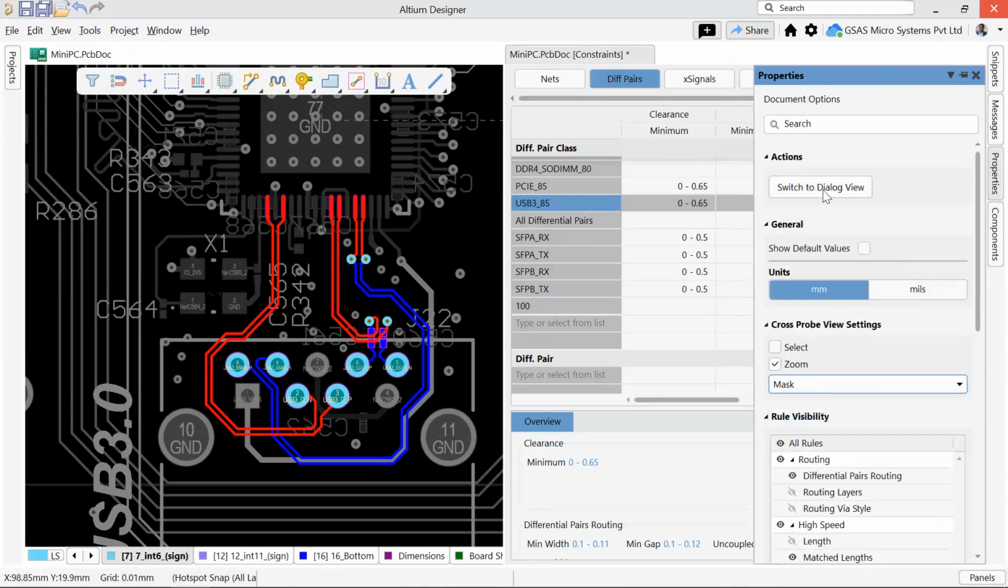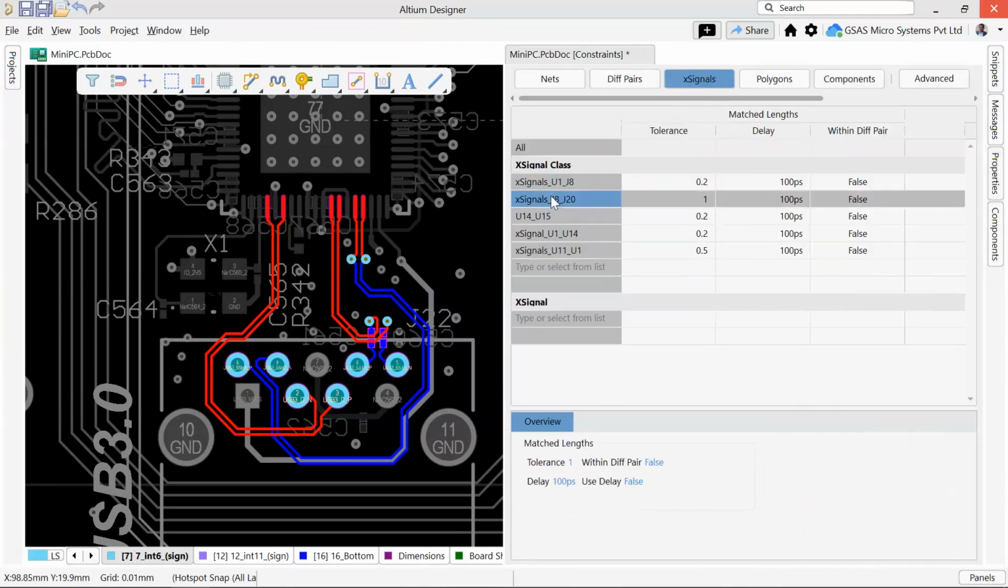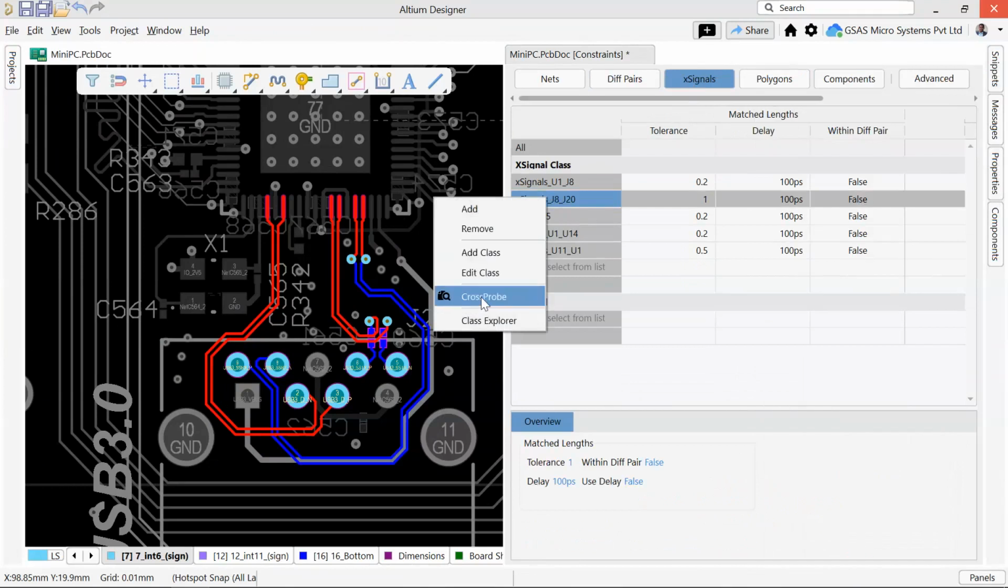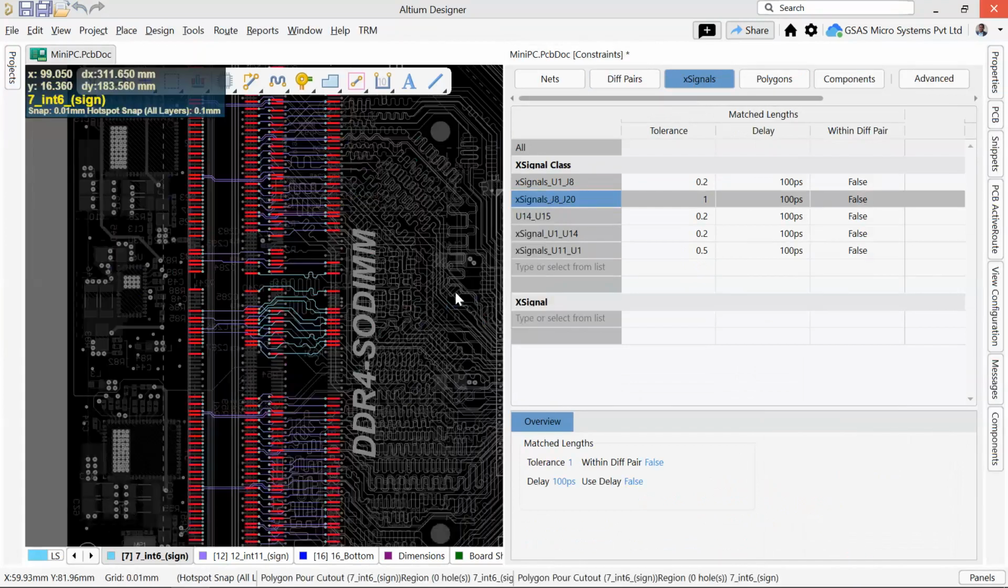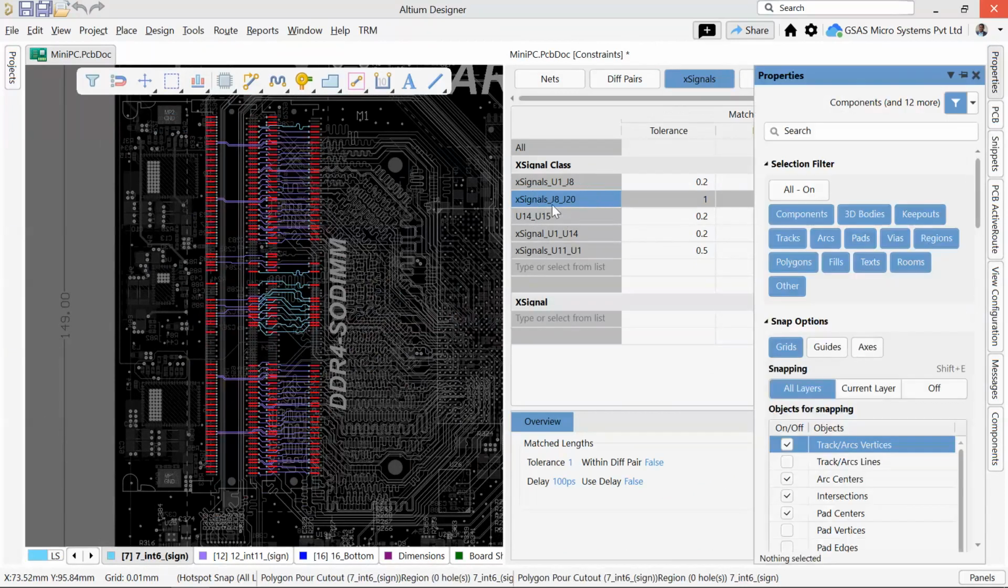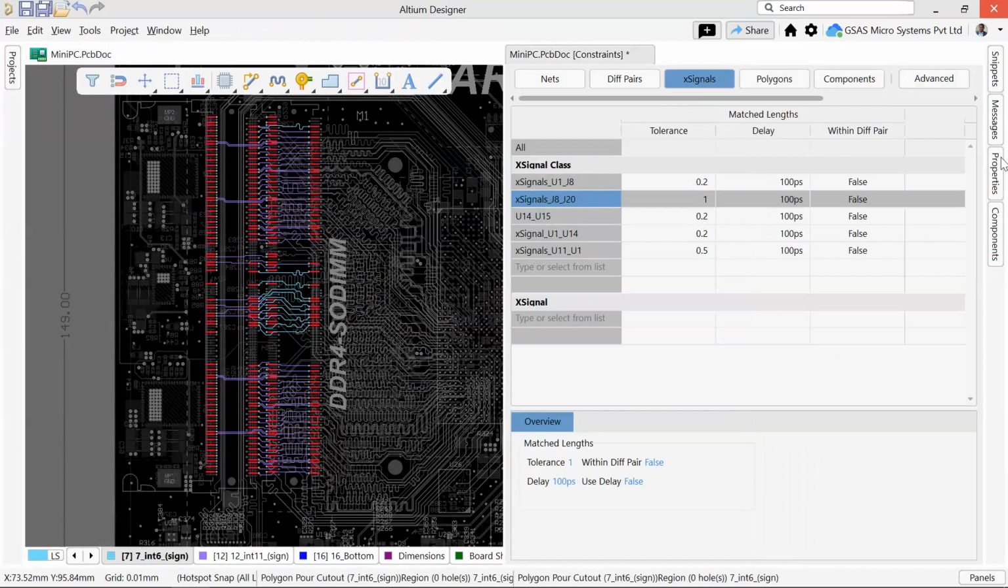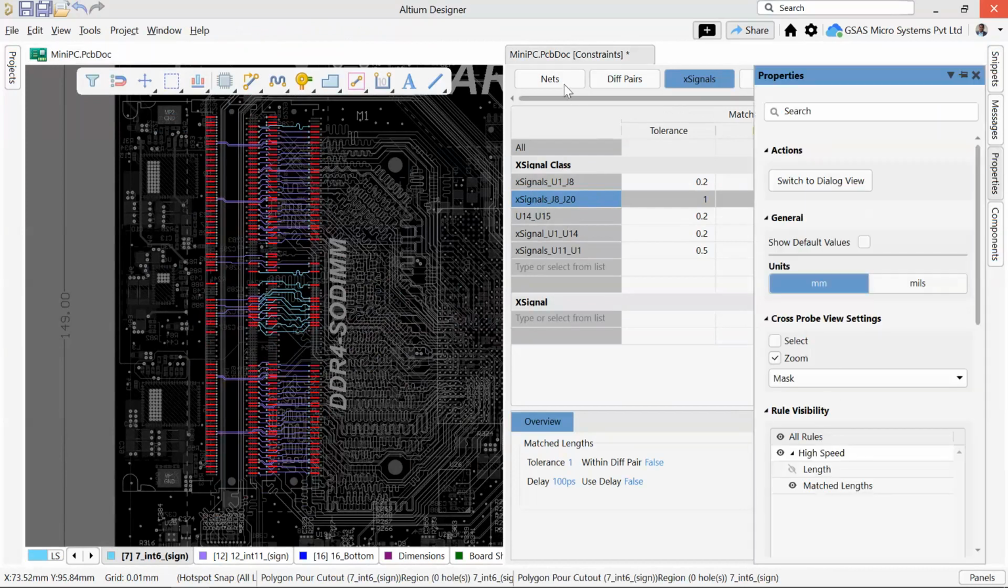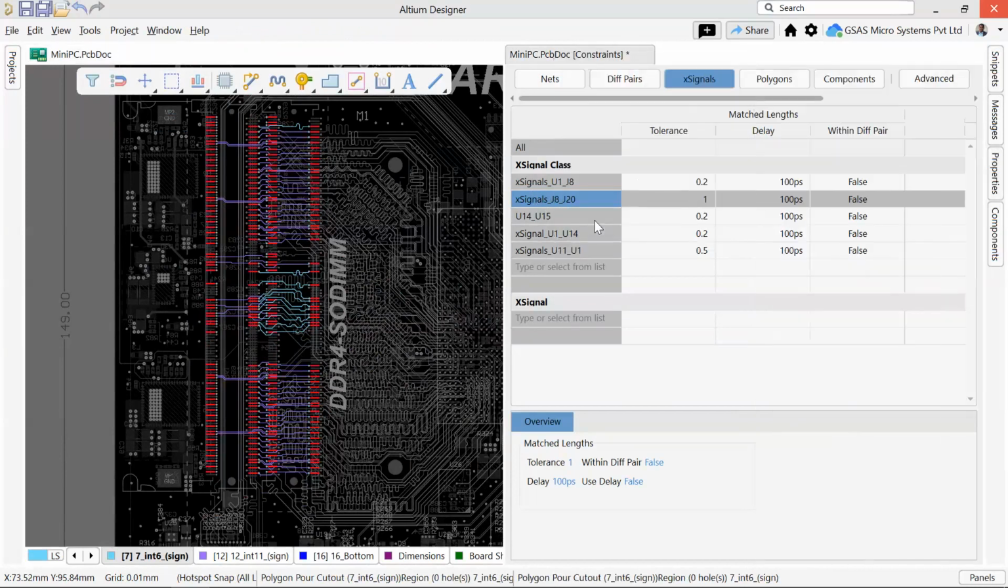And if you want to switch to dialog view, you can do so by clicking this option. And if you go to X signals, you just click on this X signals and cross probe, it will automatically display the X signals section, and from here you can easily control the settings. Then now measure,